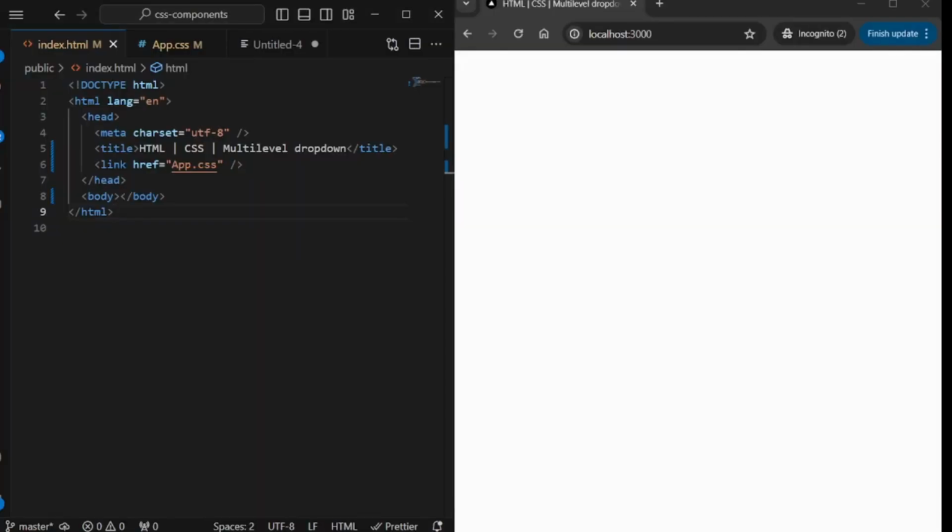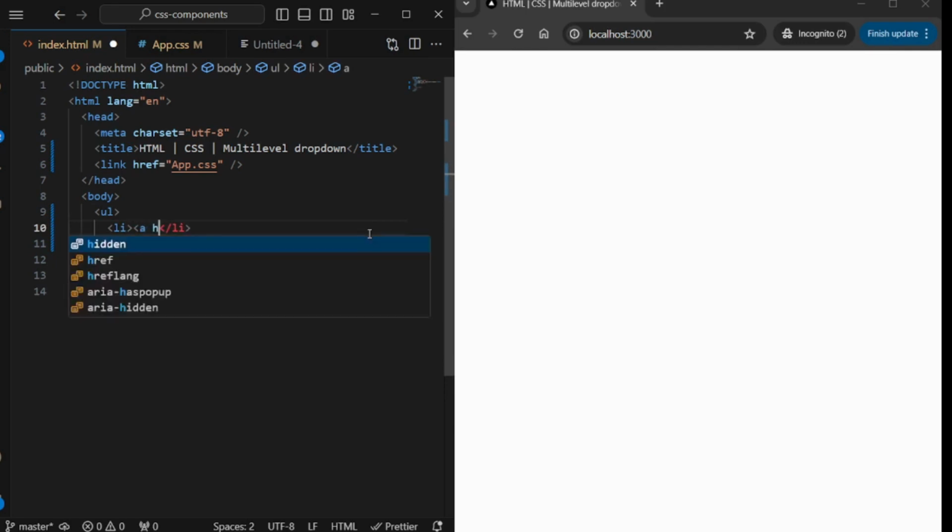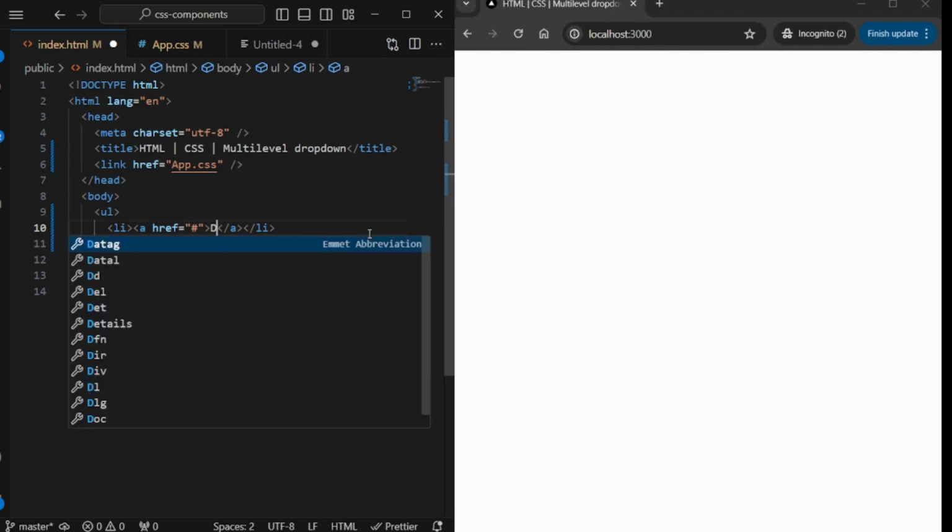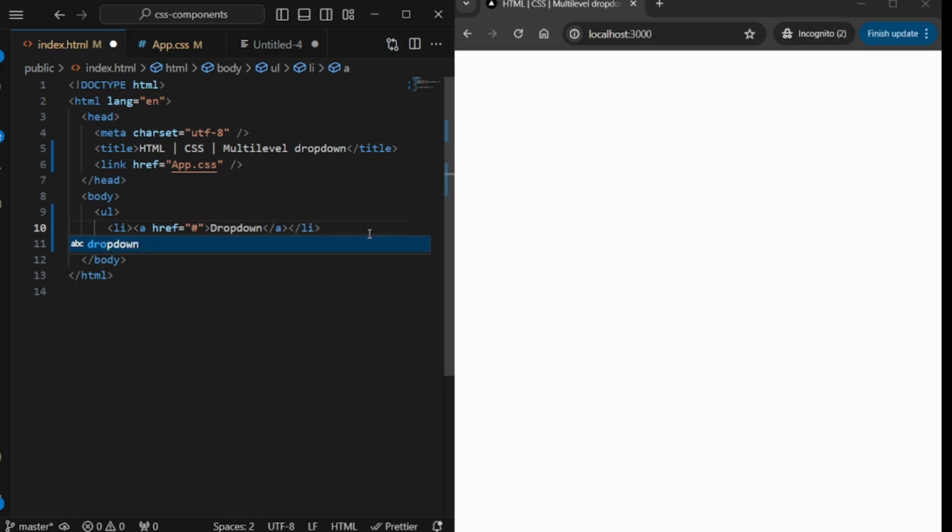Let's start writing the code base for HTML first. Go to our index.html. Let's add another list elements ul li. Let's add the anchor href equal to hash. Let's say I'm adding initial we are having the drop down, right? Let's add the drop down button. Drop down. Let's save it. So we have got the drop down button,